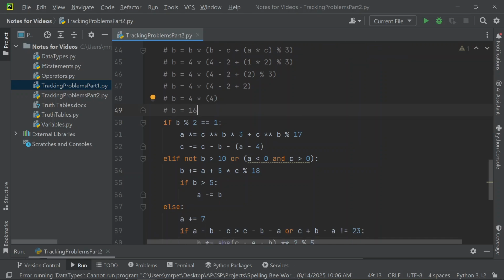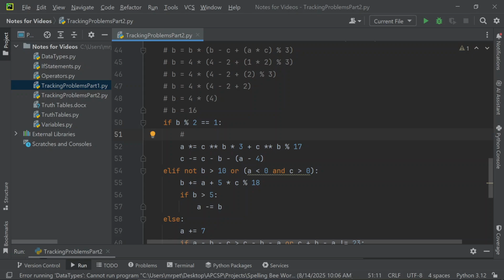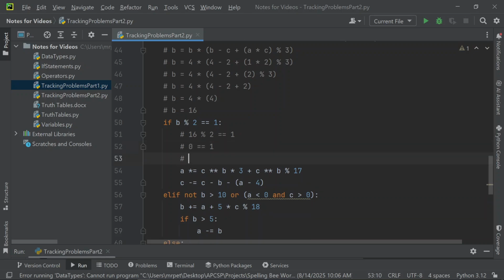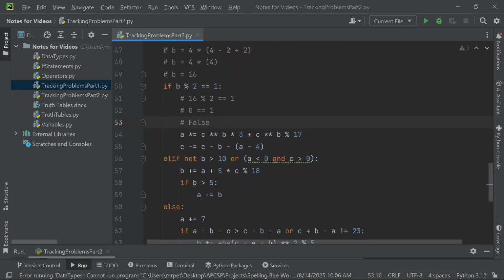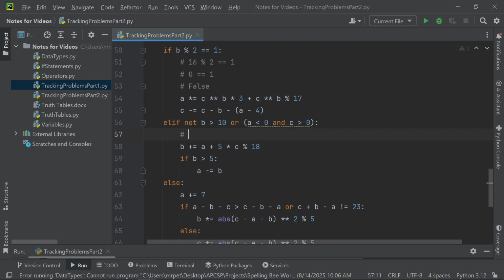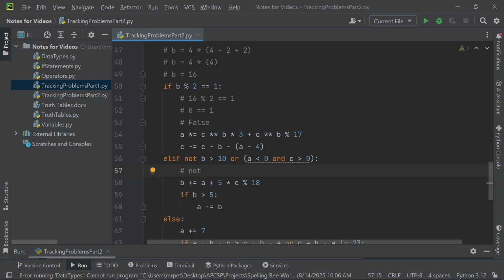All right. Next, we evaluate this if statement. Okay, so we have 16 mod 2 and seeing if it's equal to 1. Well, 16 mod 2 gives us no remainder, so that's not true. That is false. So that does mean we're not running either of these lines, and we're going to skip to check the else if statement. Okay, well, this one we have a not operator, so we should be careful there. We have not B is 16 now, 16 greater than 10,